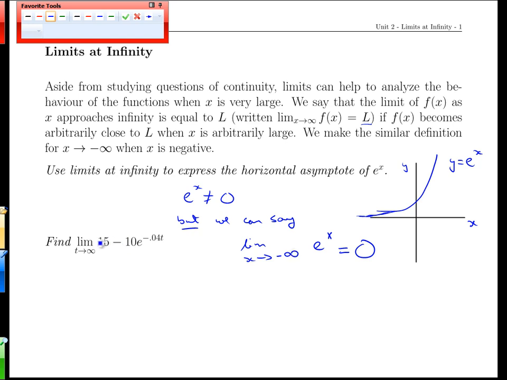All right, what can we use this kind of result for? Well, let's talk about this graph here. The limit as t goes to positive infinity, notice there's no negative sign, of this function here. And in fact, this should look familiar. This is actually one we saw back in Unit 1. Well, as t goes to infinity, you can work your way out from where the t is in the function to ask what happens to the rest of the function. E to the minus 0.04 t,